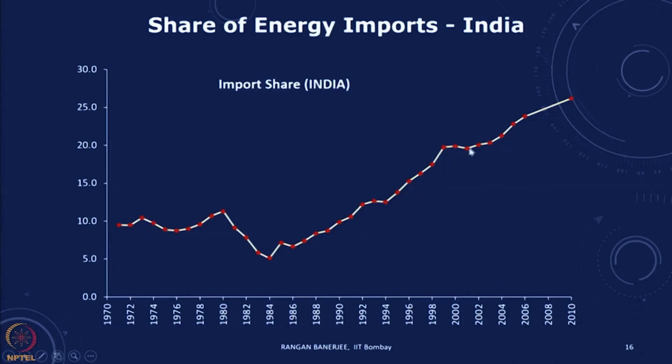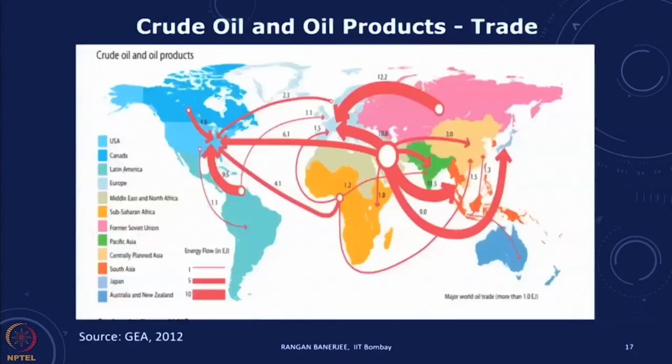And we've been also importing some proportion of coal. One of the things that we may also see is that even in the case of one of the strategies that we have adopted, where we have gone for renewables, when we look at the kind of solar photovoltaics that we are actually installing, a significant proportion, almost 90% of these cells and modules that we are installing, are coming from imports, and this also can have implications in terms of energy security.